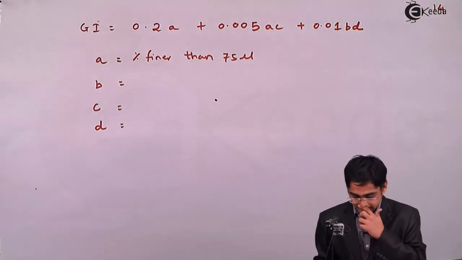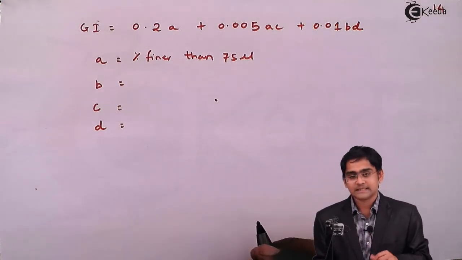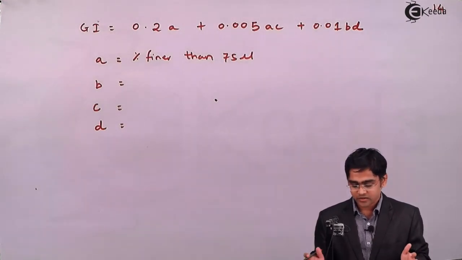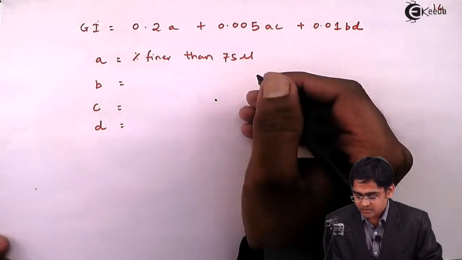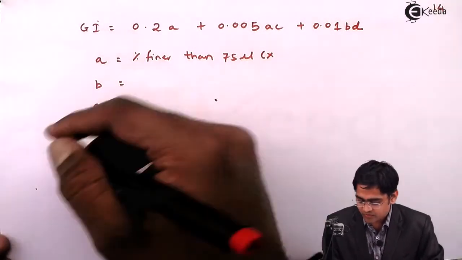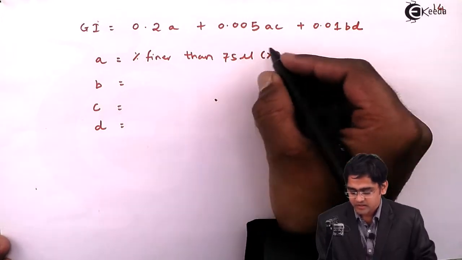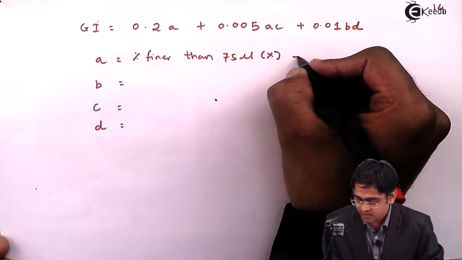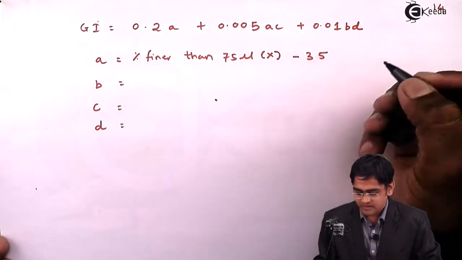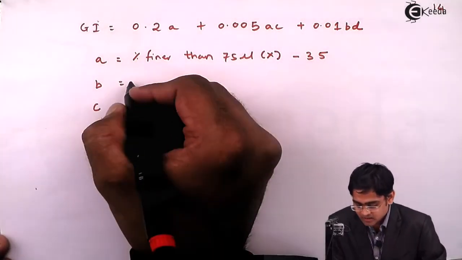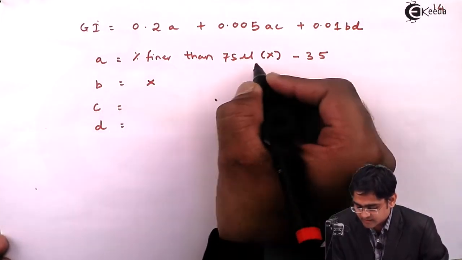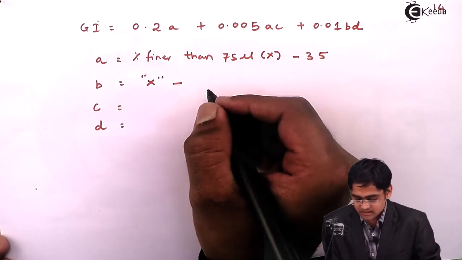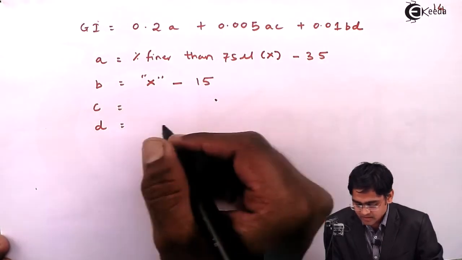That means the size of a particle less than 75 micron. So how much percentage of fine grained soil is present in your given amount of soil? Following the last class, we have marked this as X, percentage finer than 75 micron, minus 35 is the A. Similarly for B, it is X, that is percentage finer than 75 micron, minus 15, and C